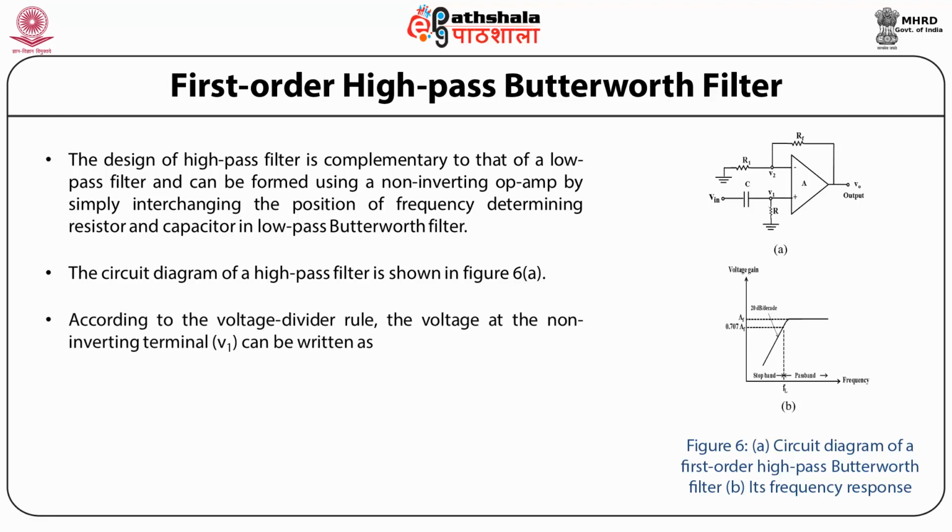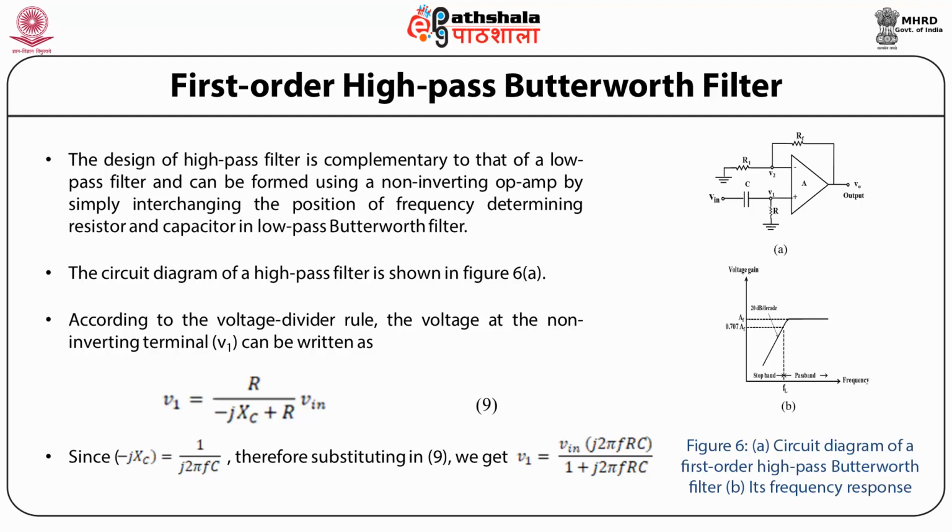According to the voltage divider rule, the voltage at the non-inverting terminal V1 can be written as V1 is equal to R divided by minus jXc plus R into Vn. Since minus jXc is equal to 1 divided by j into 2 pi Fc, substituting in the above equation, we get V1 is equal to Vn times j into 2 pi F RC divided by 1 plus j into